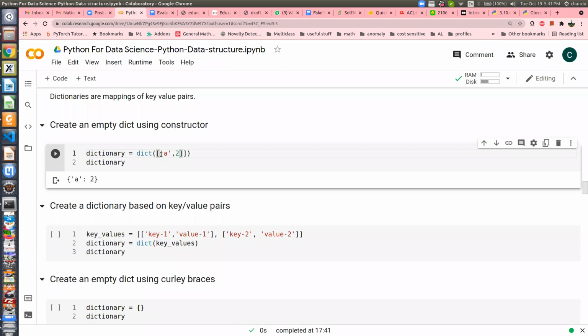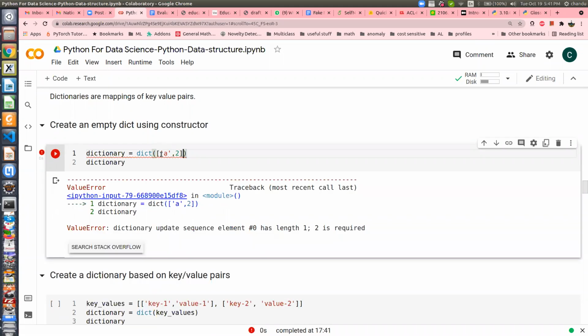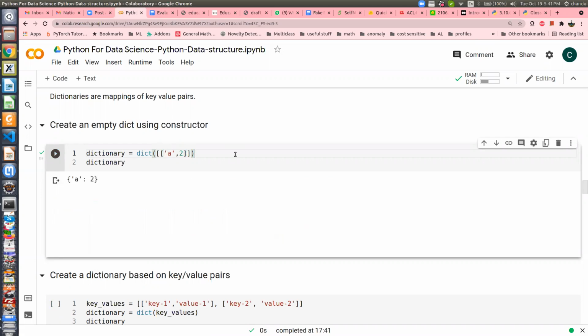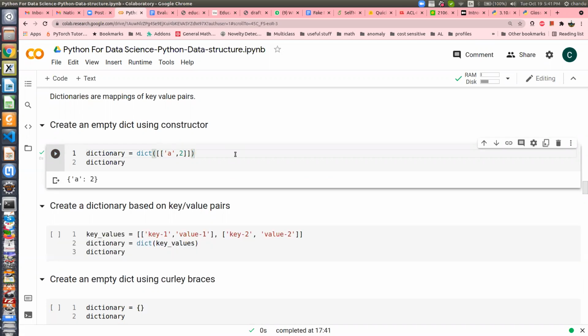I think you have to pass a key-value pair here. It should work, or no? Yes, it requires a length of 2. So this is a different way to create a dictionary, but I'll talk about how to create a dictionary on the fly.